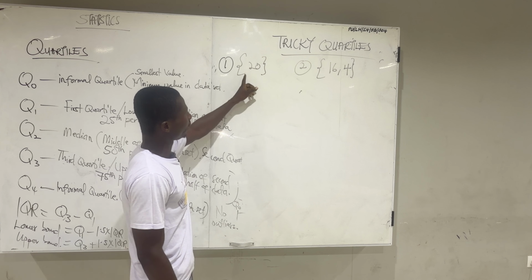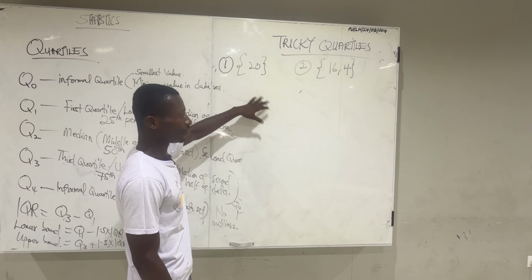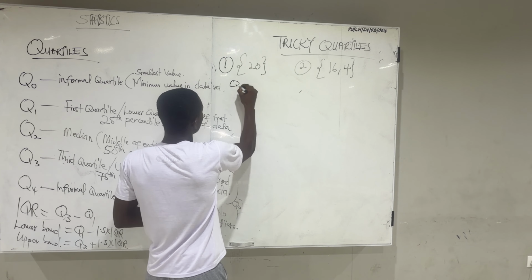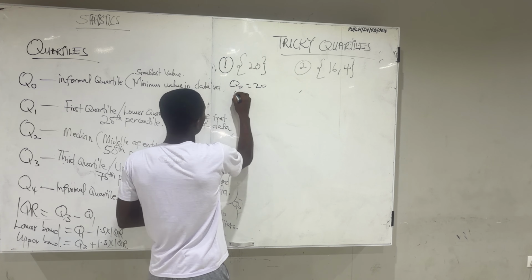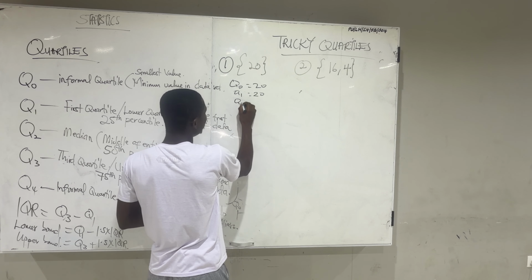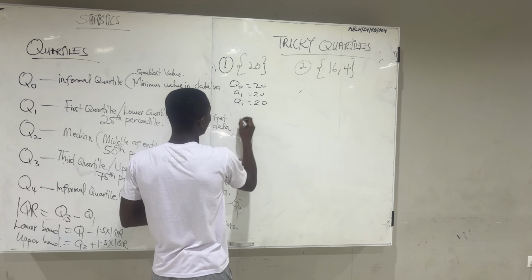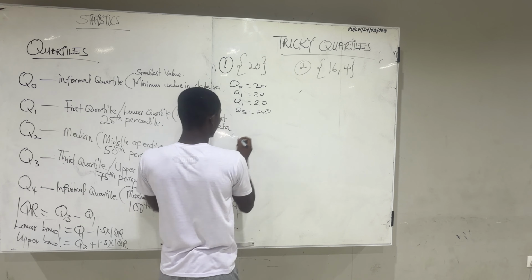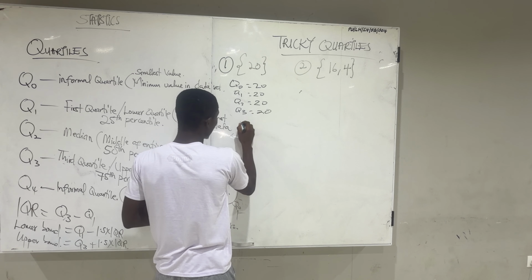That's the Q3 is 20 and the Q1 is also 20. You subtract, you get 0. Okay, so we are going to have our Q0 to be 20, our Q1 to be 20, our Q2, which is the median, also to be 20, our Q3 also to be 20, but our interquartile range, which is the